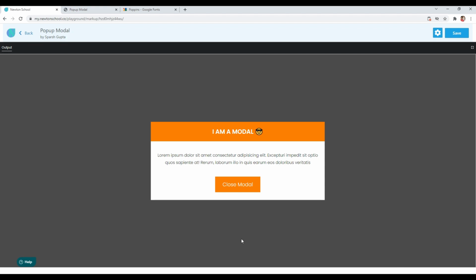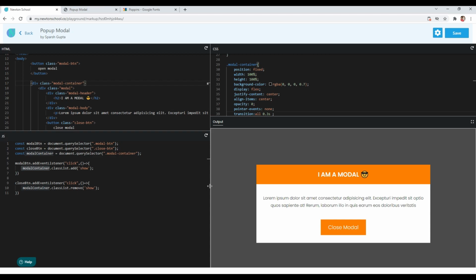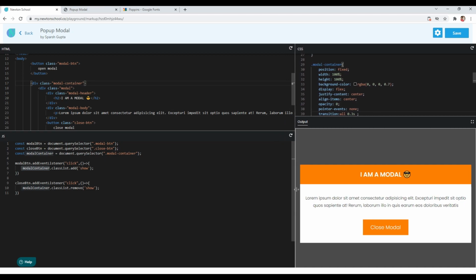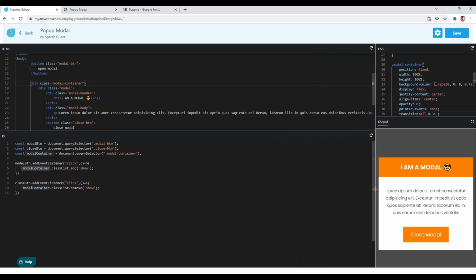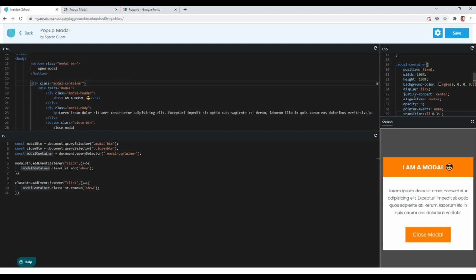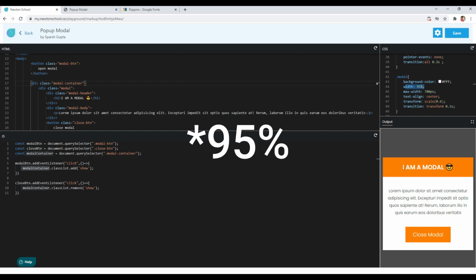And also it is completely responsive. If I reduce the width of our output, you can see it is completely responsive and looks good in smaller screen sizes also, because we have given a width of 90% to our modal, so it is acquiring 90% width.